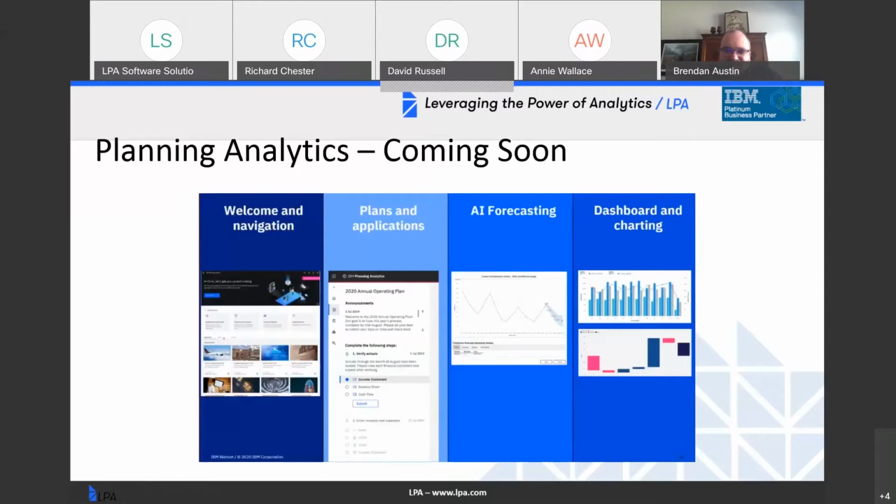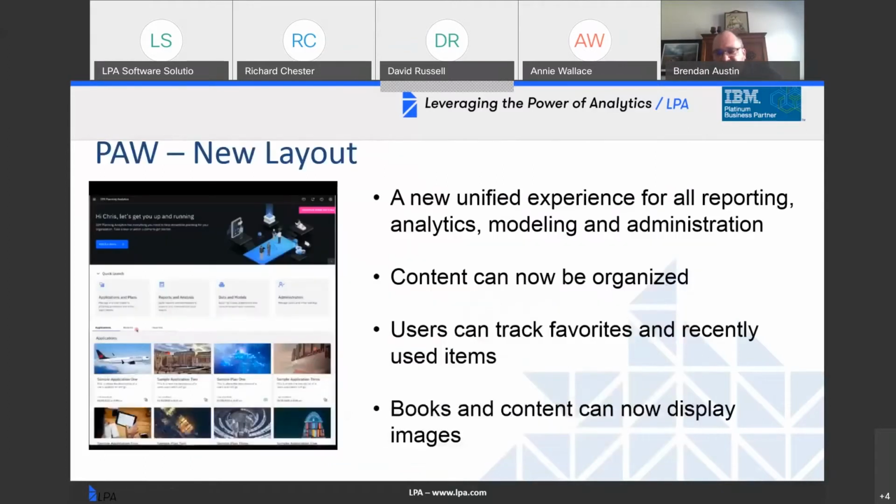And then finally, the dashboarding and charting. This is more around Planning Analytics Workspace again. Just taking it to the next level, making it a whole lot easier to create feature-rich reports. It looks and feels a lot like Cognos Analytics, and some of that flexibility that you get with Cognos Analytics you can now get on the PAW side as well. So, starting off with PAW,